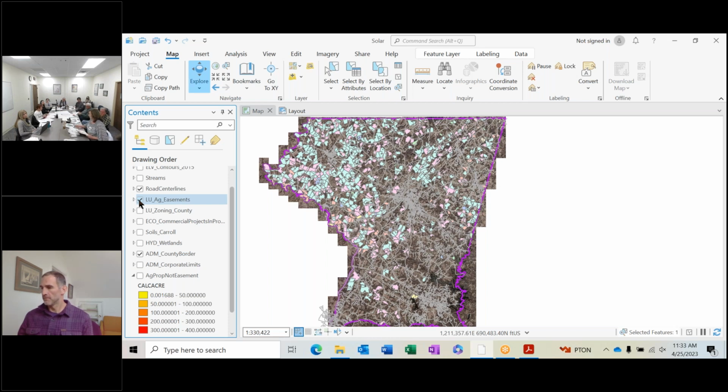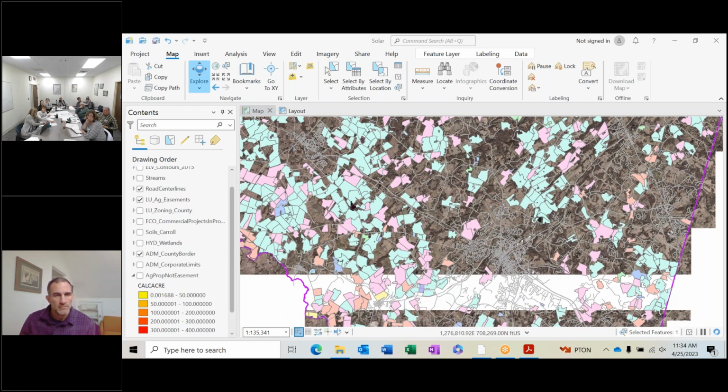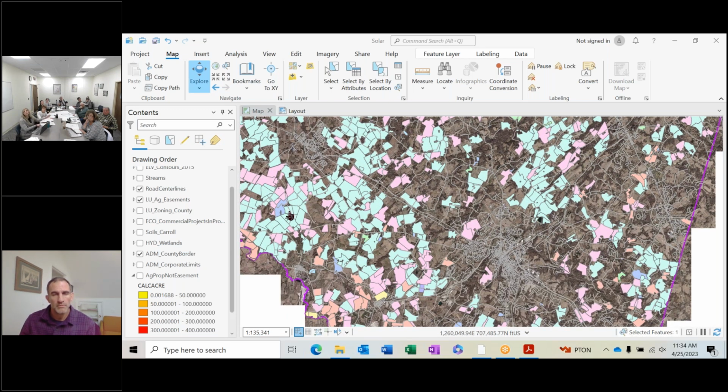Last week there were some questions about how much property is in ag preservation and how many properties are remaining, like what's the availability of property? What I've got on the screen, and I can zoom into any location, is a map of current ag preservation. All of the polygons that you see, and I'll zoom in up in the Tawny Tower area, are farms that are preserved in one way, shape, or form.